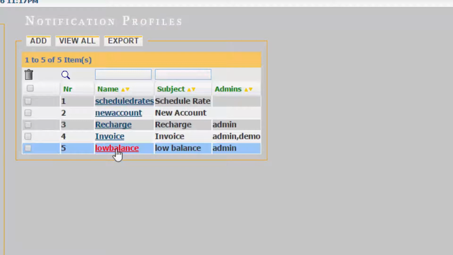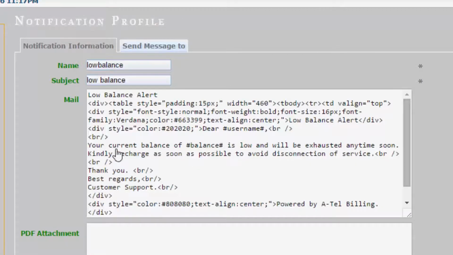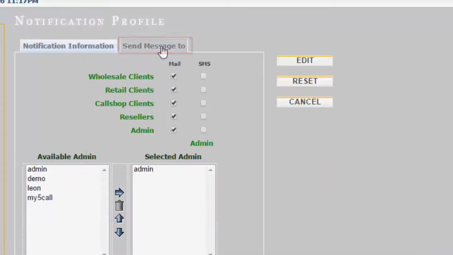If I click low balance, we see send message to. Here we can send mail by selecting uniquely wholesale clients, call shop clients, retail clients, reseller and admin. Select here from which user you do this.